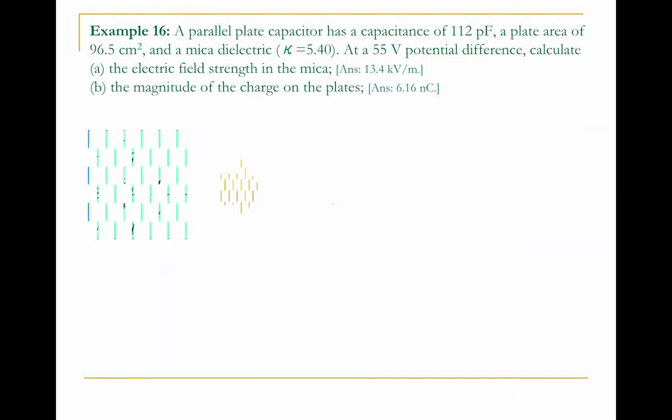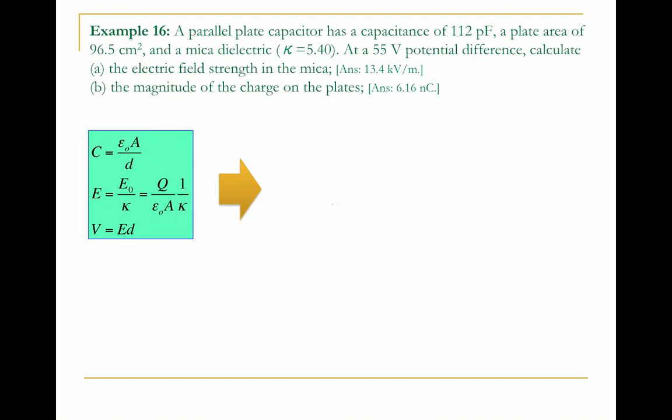We've done this in class, but we'll do it very quickly. We have a parallel plate capacitor that has a capacitance of 112 picofarads and a plate area of 96.5 centimeters squared, and there is a dielectric material, mica, kappa 5.4. Then we apply a voltage difference of 55 volts, and he wants you to calculate the electric field and then calculate the